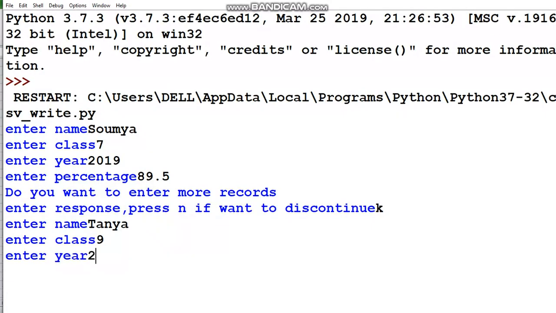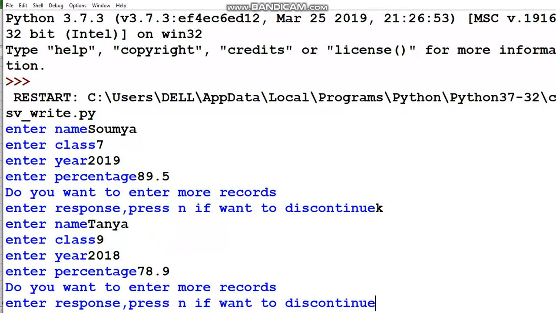Database of students we are collecting. So previous class percentage, and if I want to continue, I'll press any other character. If I want to discontinue, I'll press n.